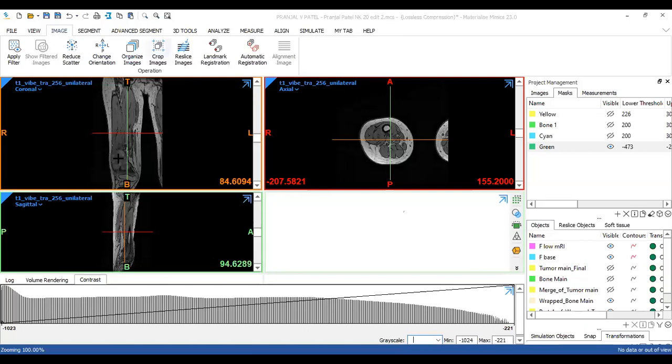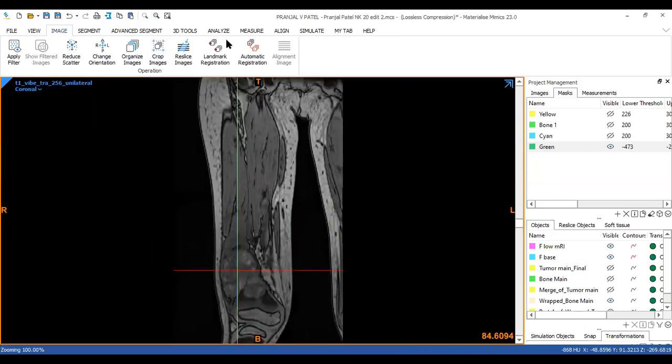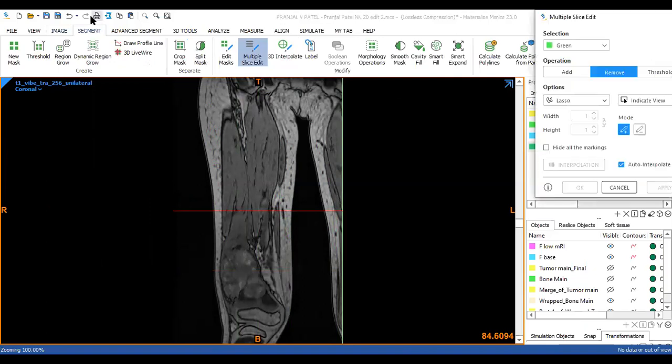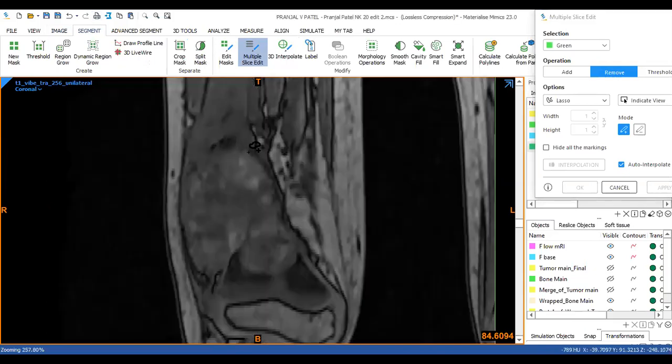So now what I'm going to do is I'm going to go to segment, multi-slice edit. Using the zoom in option, I'm going to try and trace the tumor border.